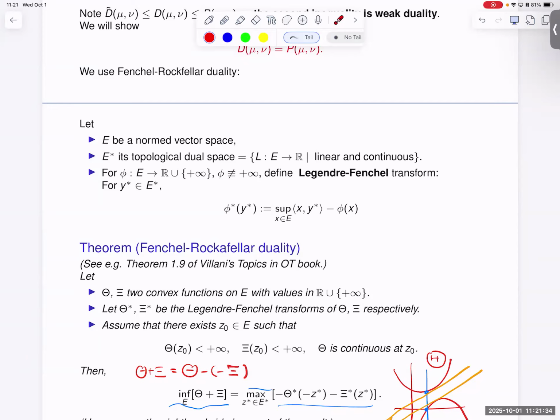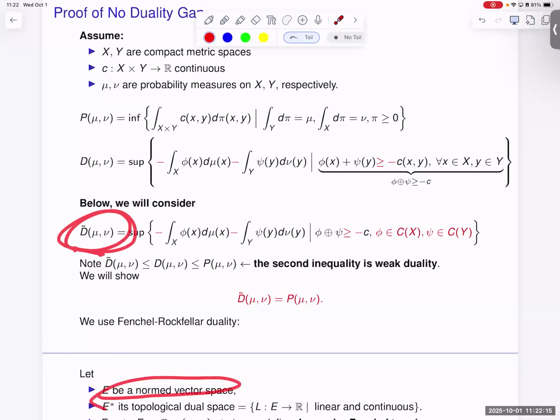But the dual space of the space of measures contains the space of continuous functions, but it can be bigger. Am I making sense? Right. So the dual space of continuous functions is the space of measures, but the opposite is not necessarily true. So that means we want to choose the space of continuous functions corresponding to this problem d theta